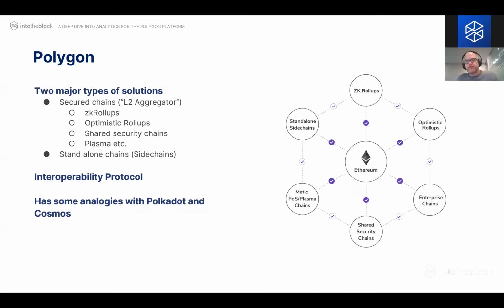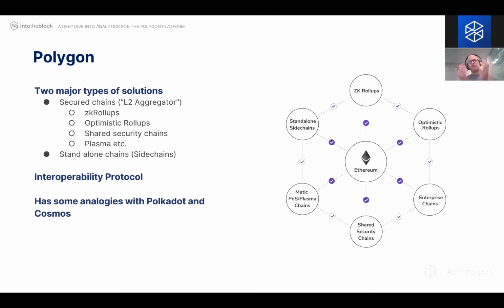But it has evolved from there. And at this point, Polygon provides literally a mix of solutions for scaling. Ethereum Plasma is one of them, but it is also adding very soon support for different types of rollups, like ZK rollups or optimistic rollups. So it's going to be relatively easy to move workloads from blockchains such as Arbitrum or Optimism